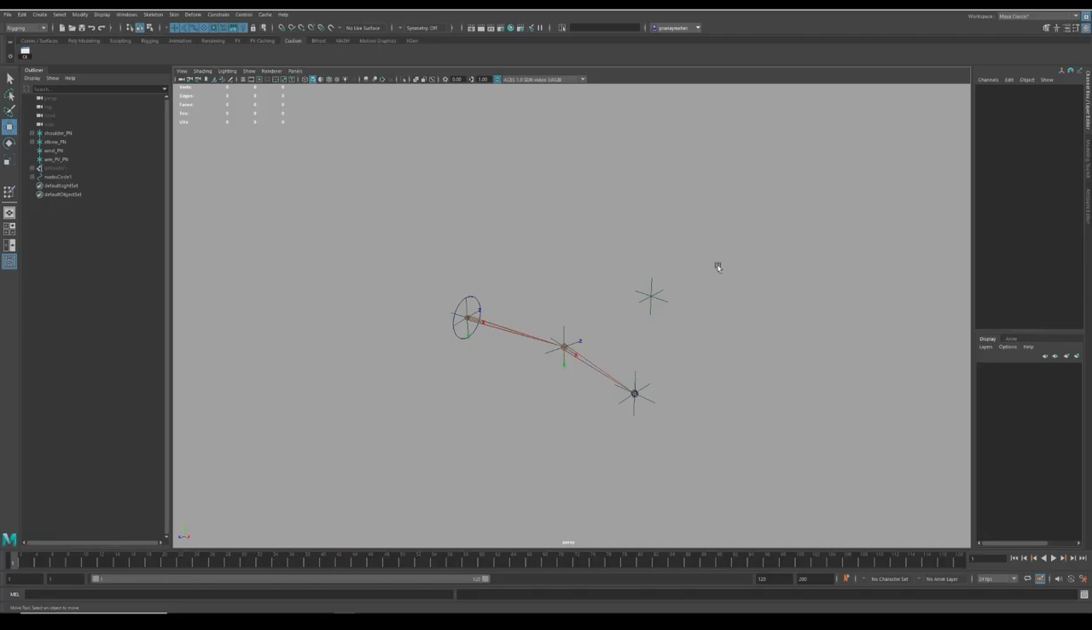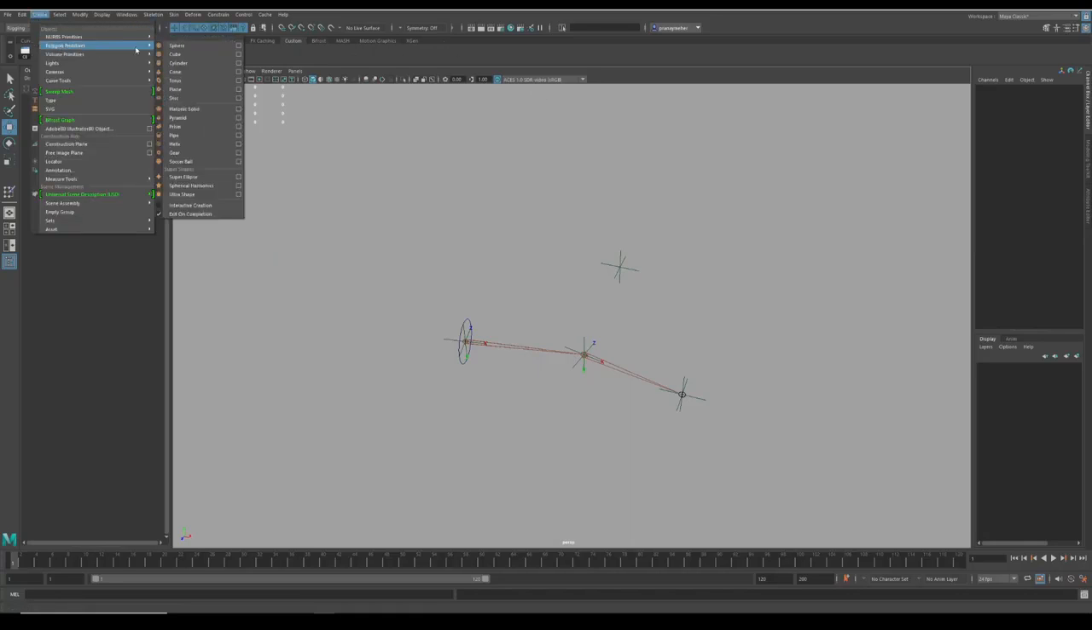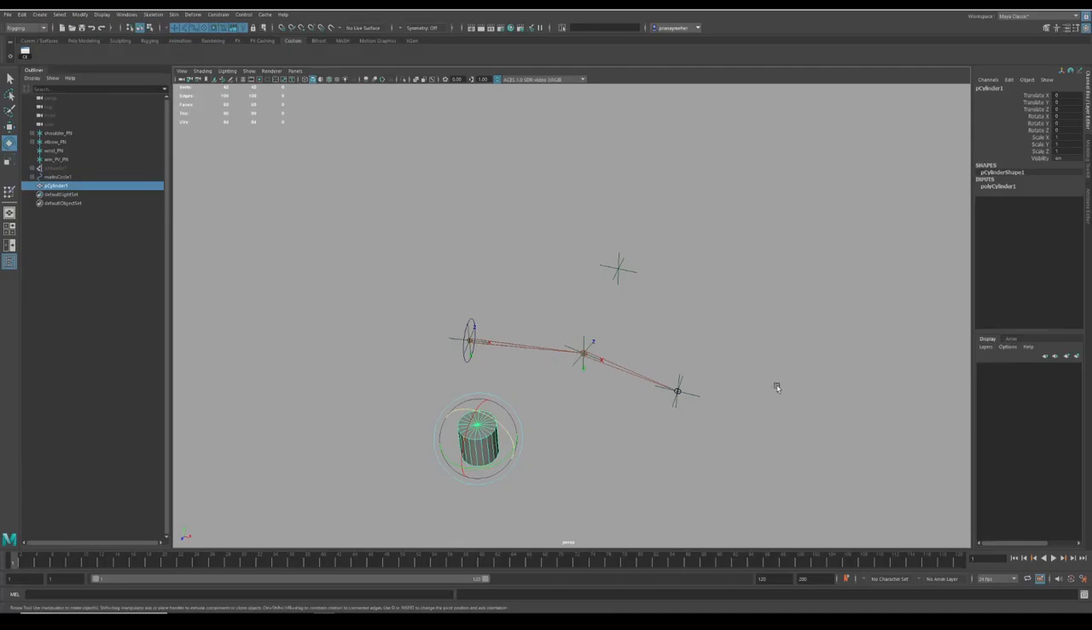Okay, so in this video I'm going to show you how you can add the SkinCluster that works with the origin rig setup. So I'll create a cylinder. Imagine that this is an arm,